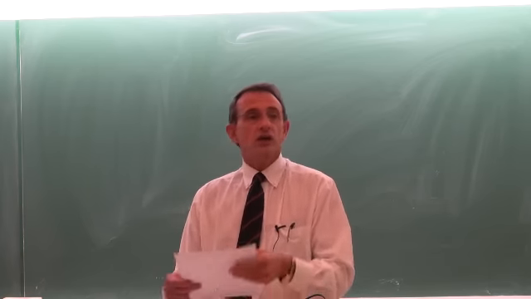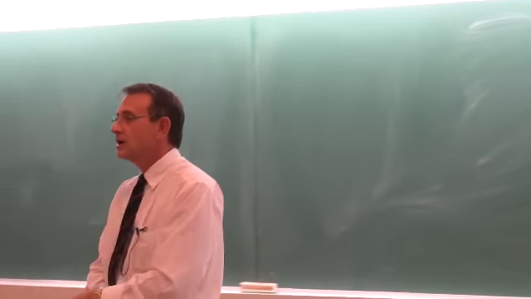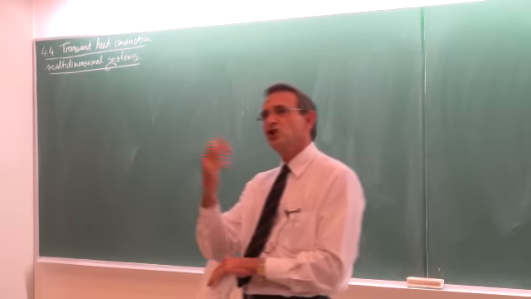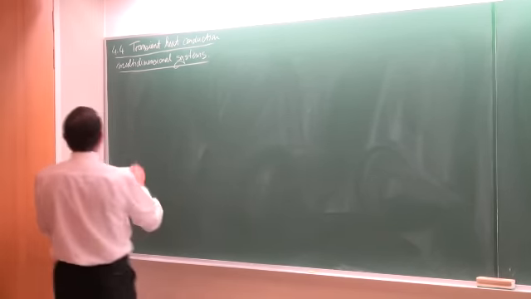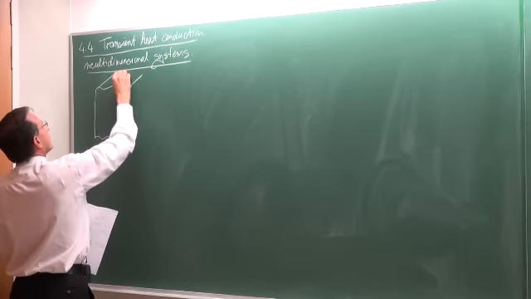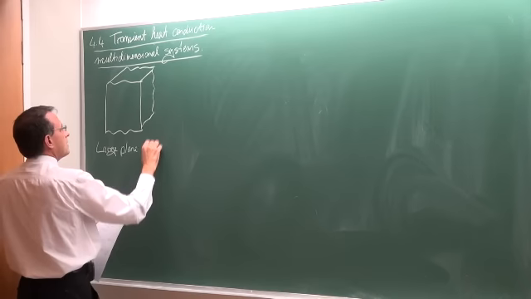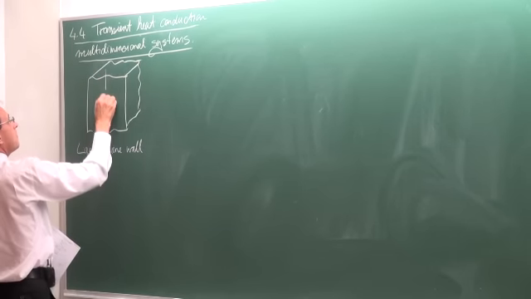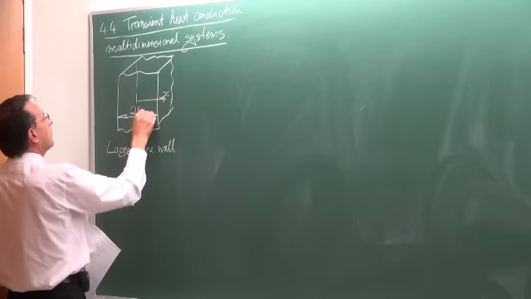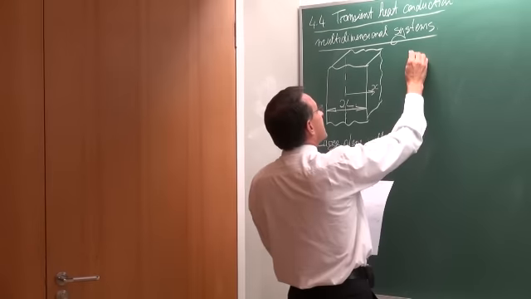Okay. Now, in this approach of using multidimensional systems, we are going to use the previous work that we've done as, let's call it, building blocks, except for the lumped system approach. So the 4 different geometries that we have considered, which are firstly the large plane wall, that was the x-axis, and it had a thickness of 2L. Okay, so that was the first geometry that we've done, the large plane wall, and the second one was the